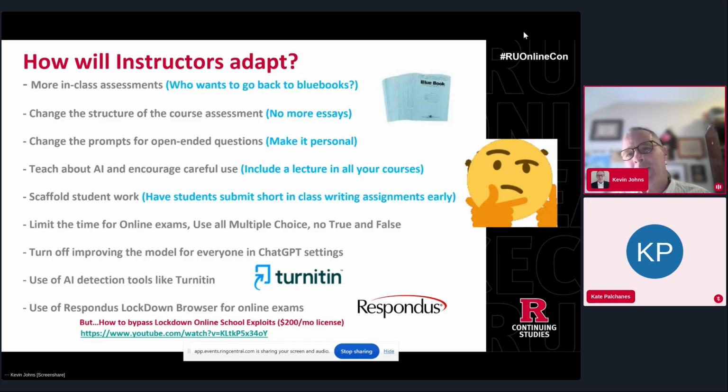If you go back to the beginning, where I had the calculator picture slide, instructors had to adapt in the 70s with the calculator. So now we're going to have to adapt again. I'll give you an idea of what I'm doing in an online environment. More in-class assessments. I have Blue Books in my folder here, and I've shown students Blue Books, and I really have no desire to go back and use a Blue Book.